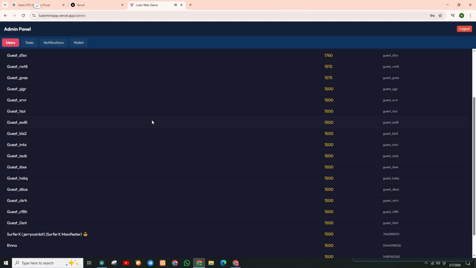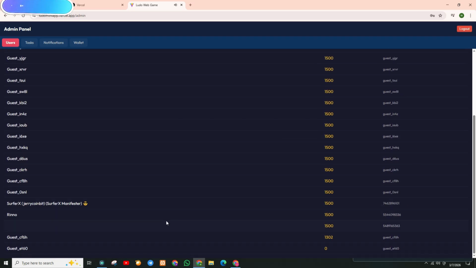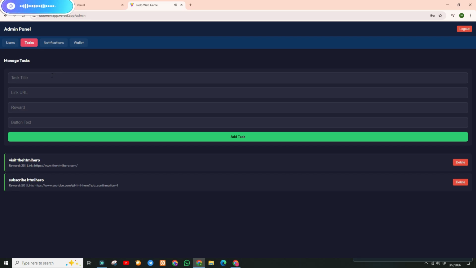Admin panel. This project also includes an admin panel where developers can manage the application. From the admin panel, you can manage users, send notifications, control wallet and payments,